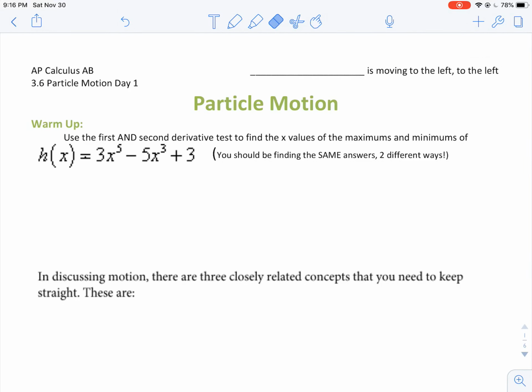So this is the lesson on particle motion. We did the lesson for 2 class blocks. Some classes have gotten through more of it than the others, so I just wanted to have the whole lesson someplace for you guys to refer back to. So for the warm-up, we first just used the first and second derivative test to find the x values of the maximums and mins. So using your first derivative,